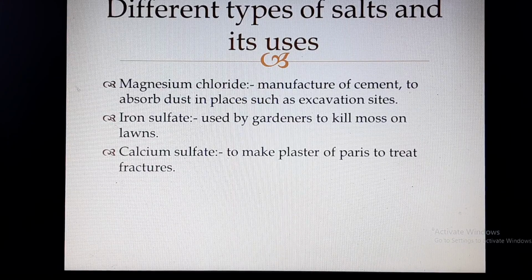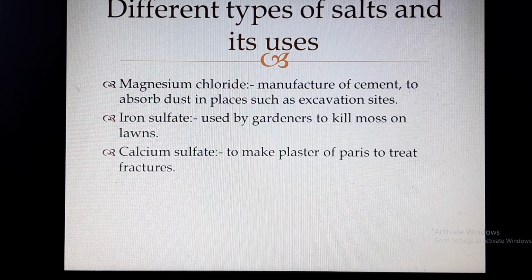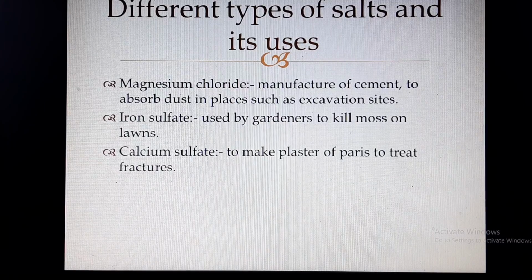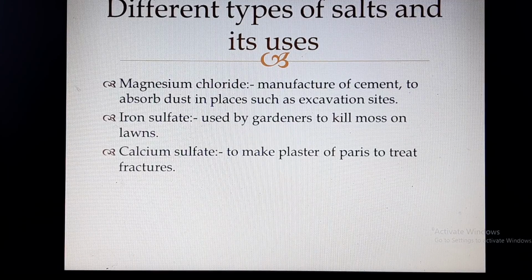The third salt is calcium sulfate. Calcium sulfate is used to make plaster of Paris to treat fractures. If our bones are fractured, we use a covering on our hand. This covering is called plaster of Paris. This plaster of Paris is made from calcium sulfate. So, our first objective is very clear now. We already discussed the different salts and their uses. So, we are going to the second objective,